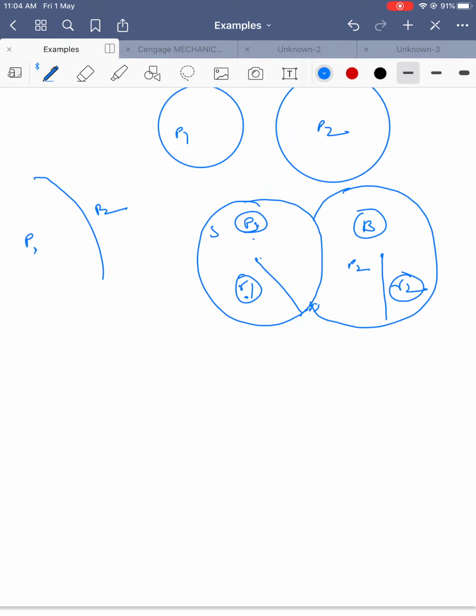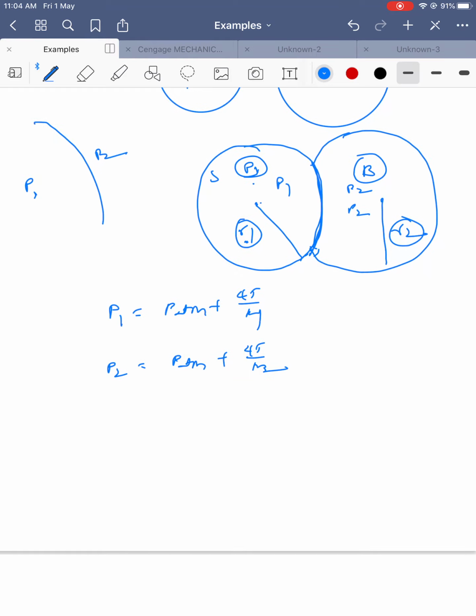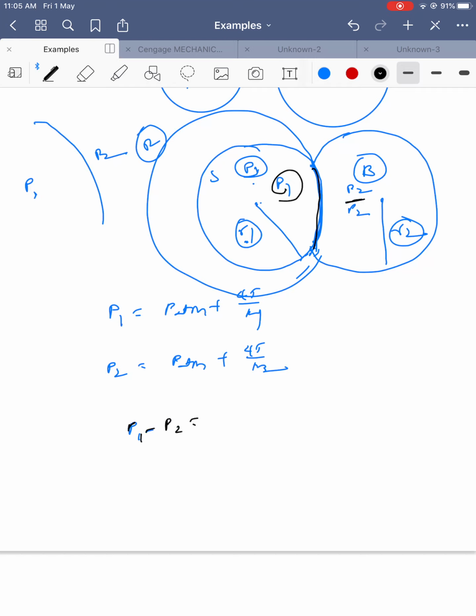First let's calculate the excess pressure inside. P1 is equal to P atmosphere plus 4T by R1. P2 is equal to P atmosphere plus 4T by R2. Now see here, this is the surface, it also experiences the pressure, right? P1 minus P2 is equal to, it also experiences the pressure. So P1 minus, this internal surface, I am assuming it as a bubble of some radius. I don't know the radius, I am assuming it as r. So P1 is the pressure on one side of the surface, and the outside pressure is P2. So P1 minus P2 is equal to, I can assume like that because it's a different radius.